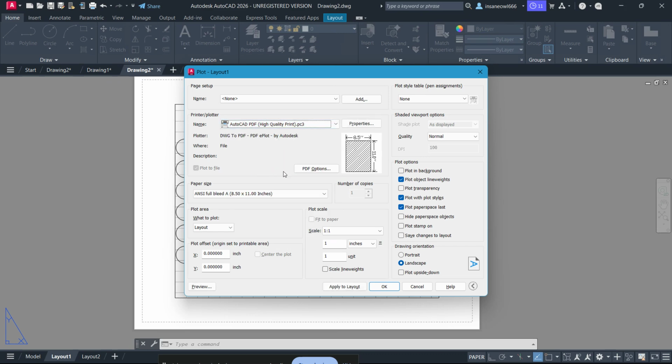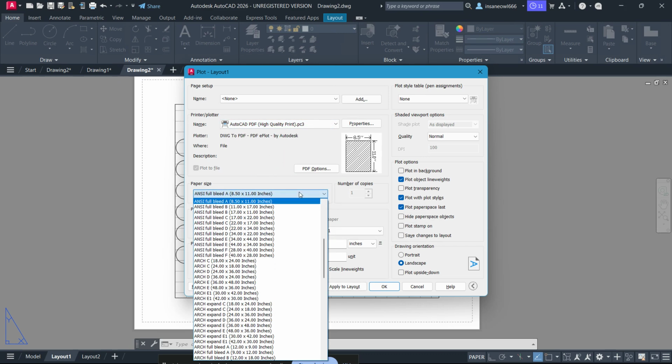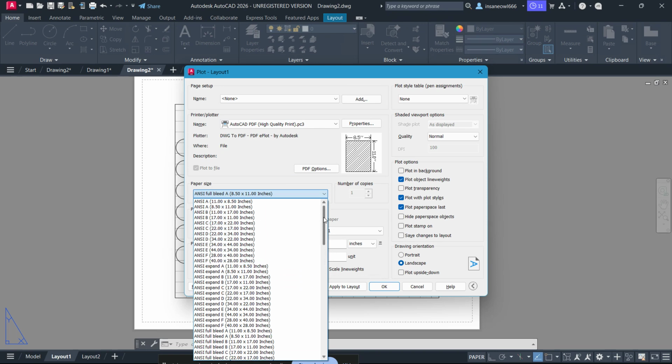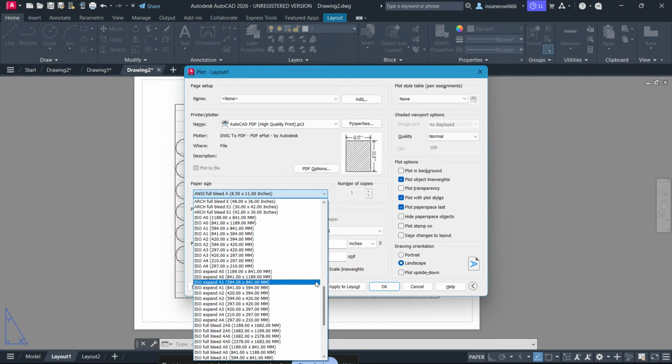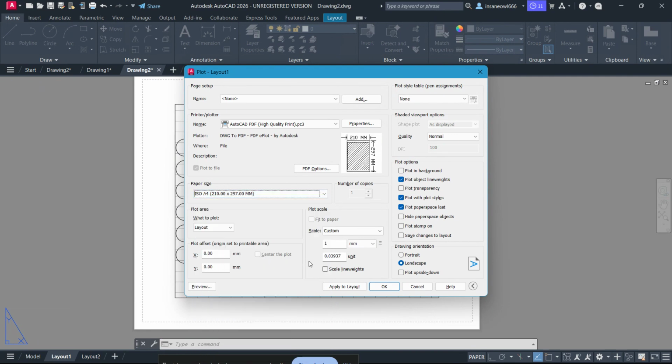This part matters because the paper size needs to match your output, whether you're using A4, A3, letter, or another sheet size. Next, go to plot area and set it to layout. This tells AutoCAD to print the layout space rather than only a selected portion of the model. If you are printing from a layout, this is usually the cleanest and most reliable option,